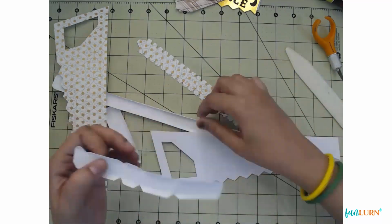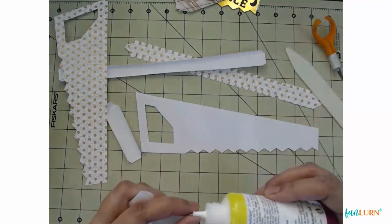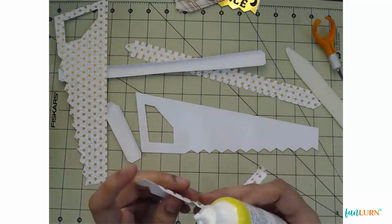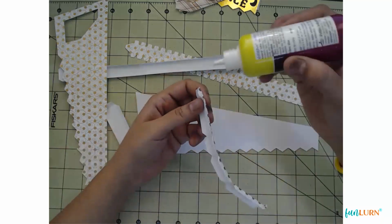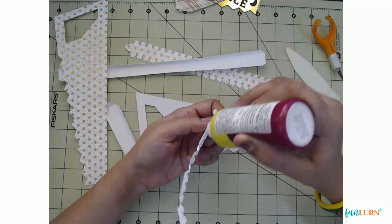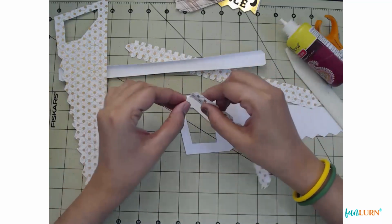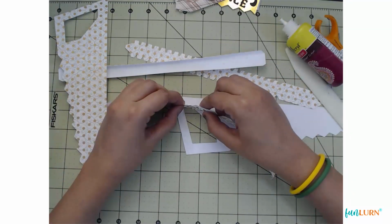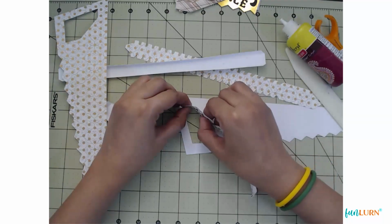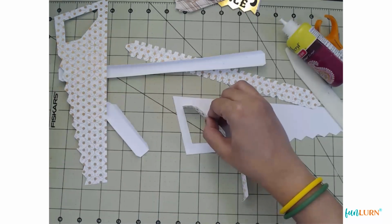So I think I've chosen a flimsy paper. I should have gone with a higher GSM paper. I thought it was a thicker one, but it is a thinner one. Anyways, I'm going to go ahead and do it, but I would suggest you use a 300 GSM paper at least for making this. Okay, very important to have the edges nicely flushed against each other, and the tool that I use for this is either